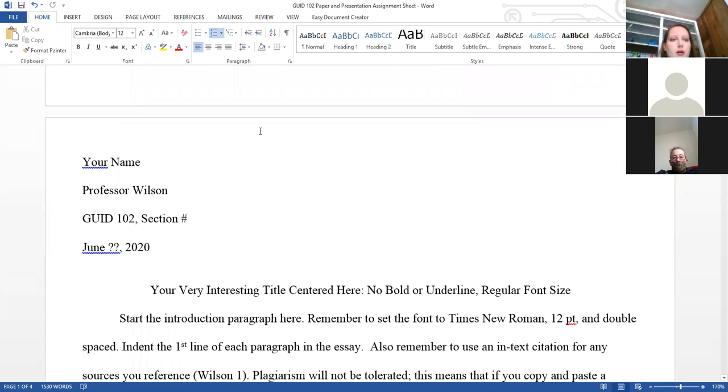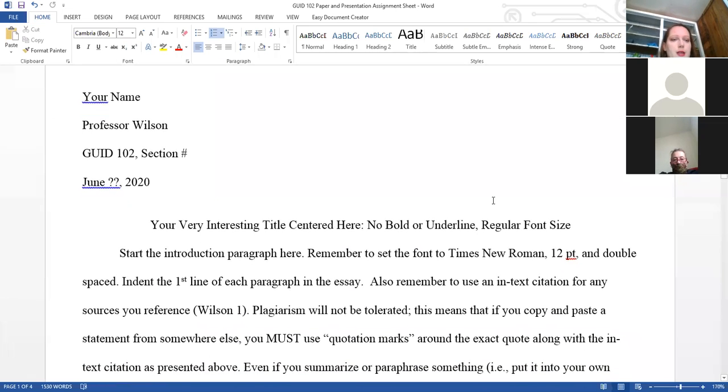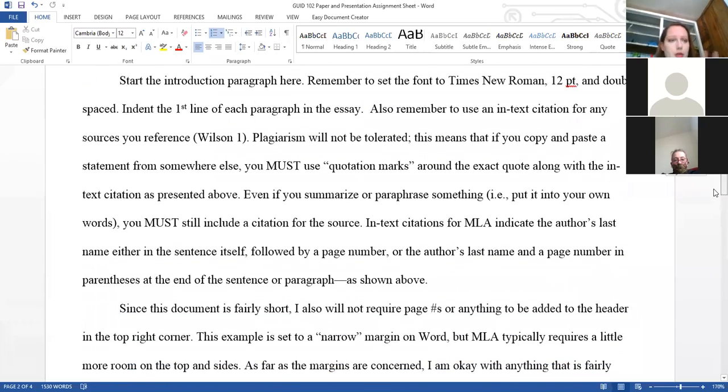In the original that I went over with everybody, I went through this really quickly, how to set up the paper, right? We'll be talking about this more and more. If you read this, you literally could just copy and paste the format I have here into a document, and that will help you. Your name, my name, and you will need to add your section number, which is available when you log into Canvas where it says Guidance 102 and there are some numbers beside it. That's your section number for the class. Obviously, it's not June for us, it's a different date, but you could literally copy and paste this. I have some really cool notes in here, just reminders that will help you with college essays in general, so you can read through that on your own.